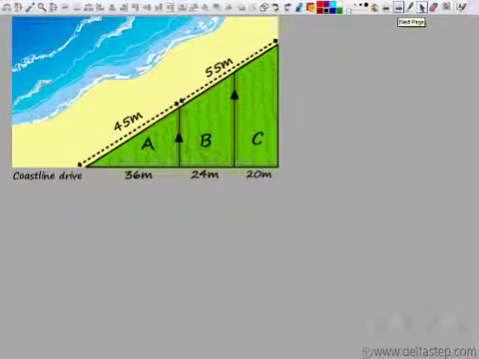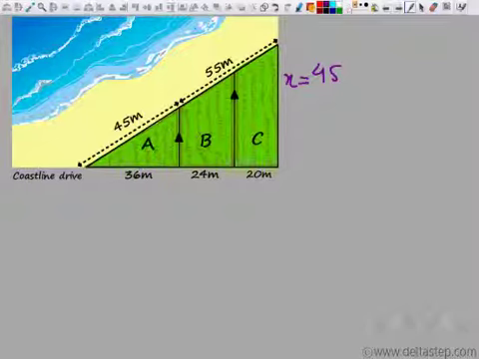So I get that x, which is the distance along A next to the ocean, is 45. And since this plus this is total 100, we got x is 45. So the other part would be 55. Since 45 plus something should give me total 100, I get this as 55.